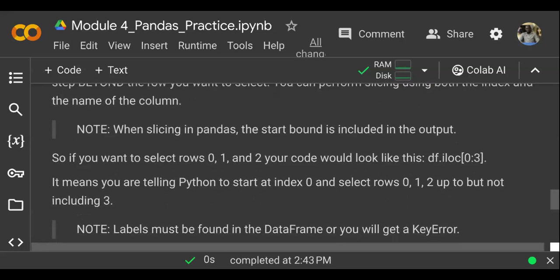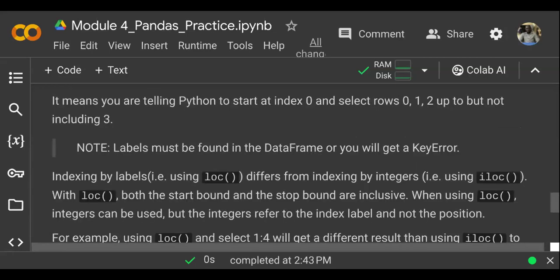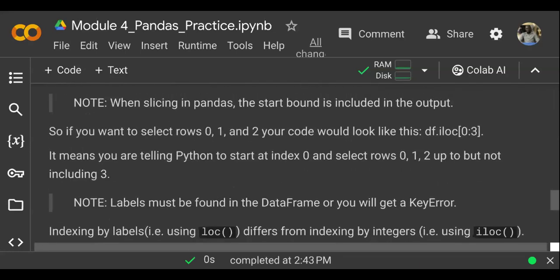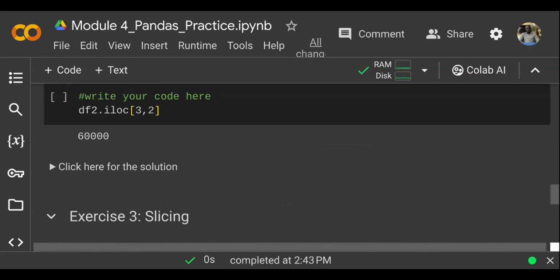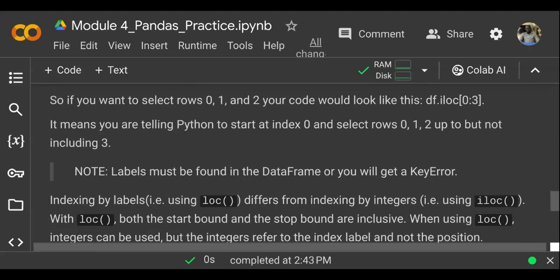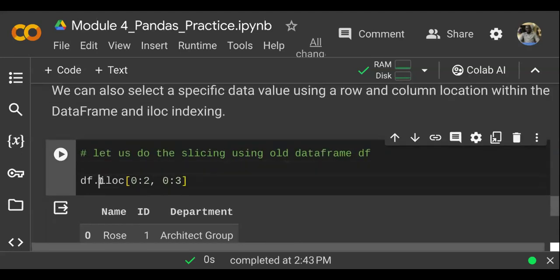With that too, you also need to know that we can use loc and iloc for it. We can use loc and iloc to select the same way we did for individual values here, but the difference is you have to know your data frame. That's why methods like df.head will help you see, okay, the first row is this, the second row is this, third row is this, the column is this, these are the names. Once you understand that, you'll be able to continue. So for referencing, if I want to reference now with iloc, I want to slice. So for this one, this first number